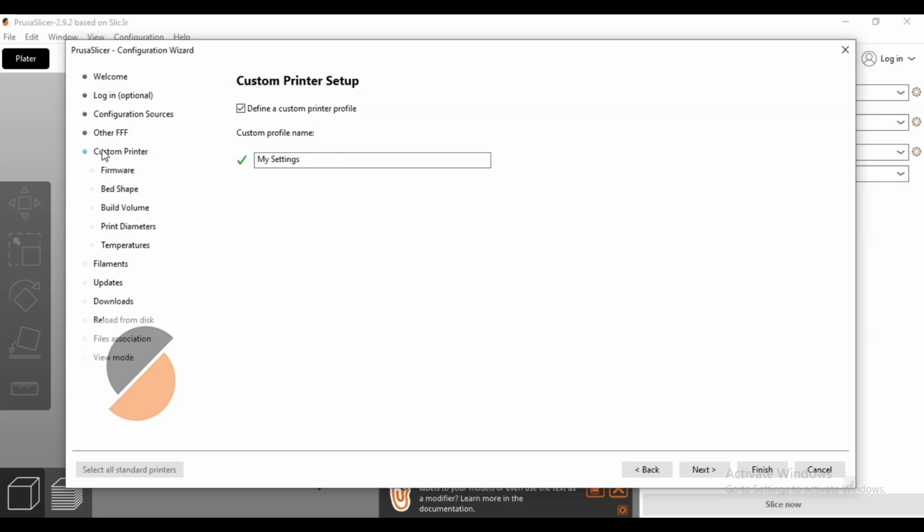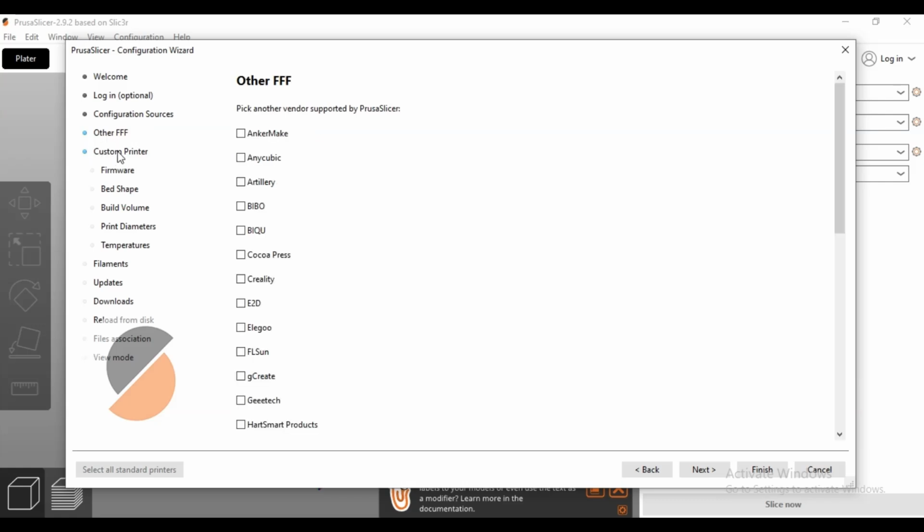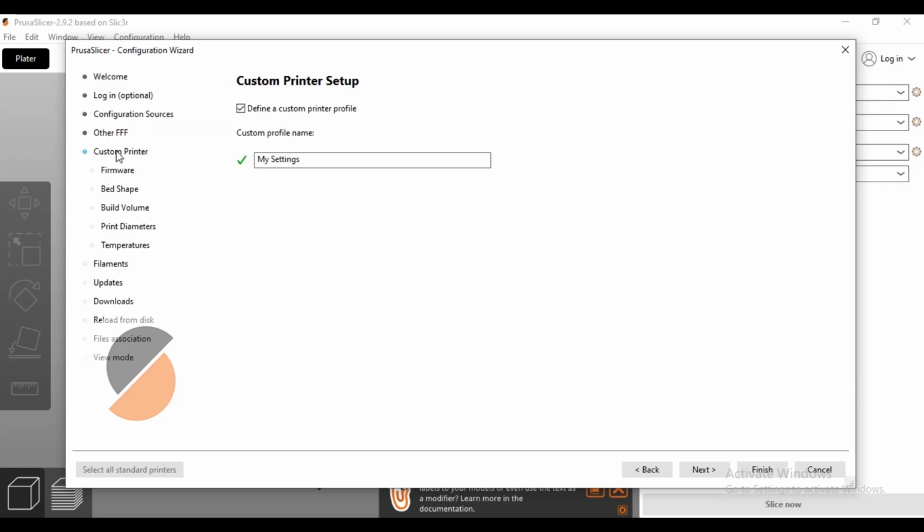Okay, so we are going to select custom printer. Right under this is other FFF. Right under it we have custom printer. Okay, once that is done, we have my settings. We're going to leave this name for now, and then we are going to click next,